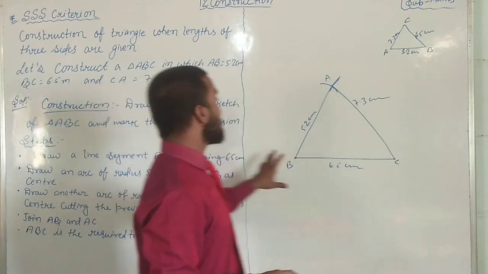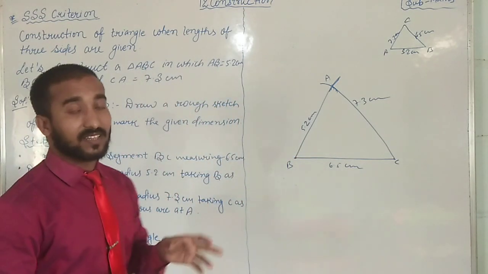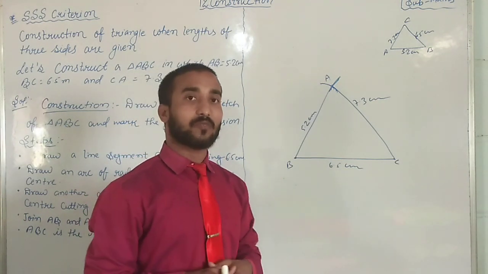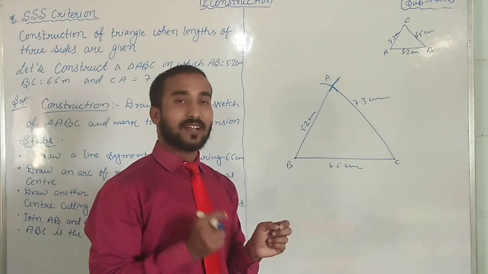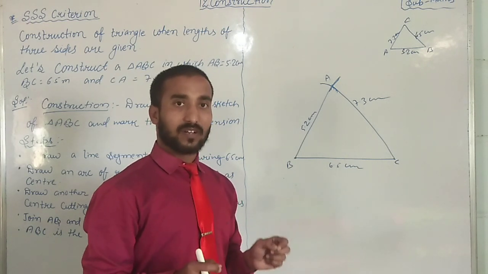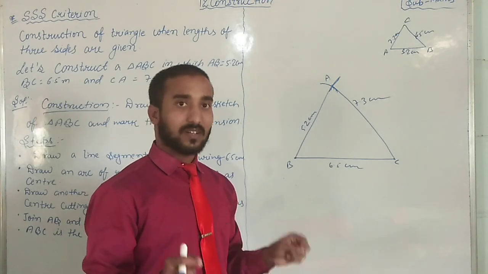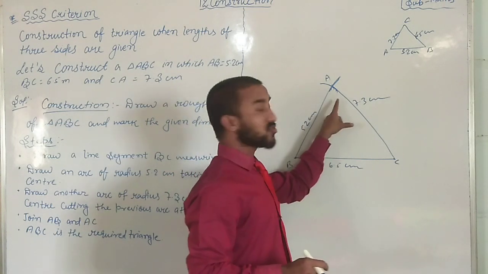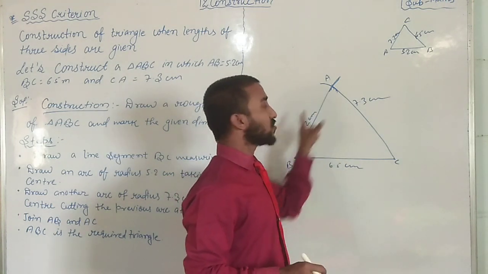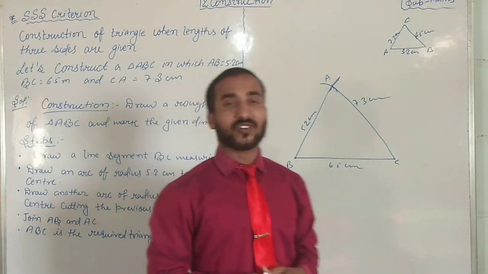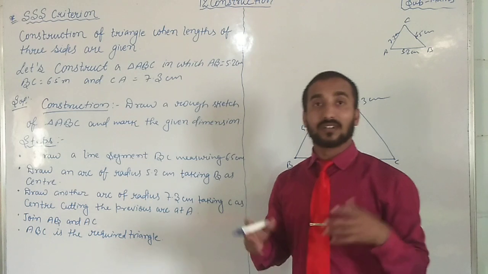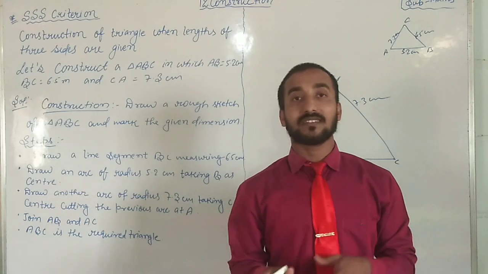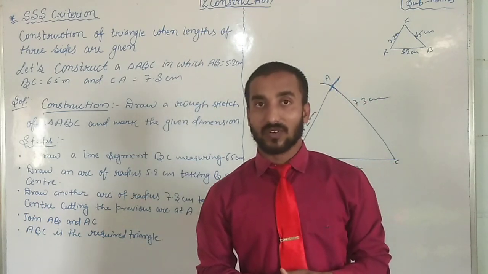Okay. In this SSS criteria to construct a triangle, the ruler is very important, compass is very important and pencil is very important. Measure on the ruler the distance with your pointer and pencil and open it as per given. Then consider any point as the center and construct an arc. After construction of the arc, just join the sides. It will help you to construct a triangle. Okay, students. So in the next question, in the next pattern we will see about SAS, where side angle side will be formed.